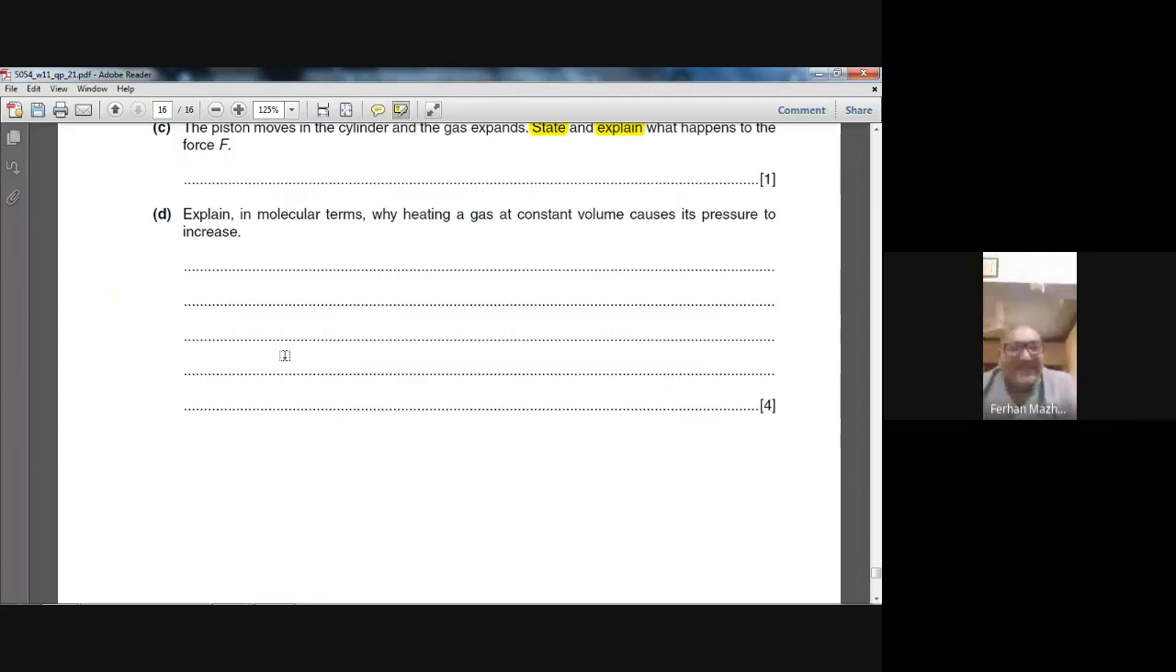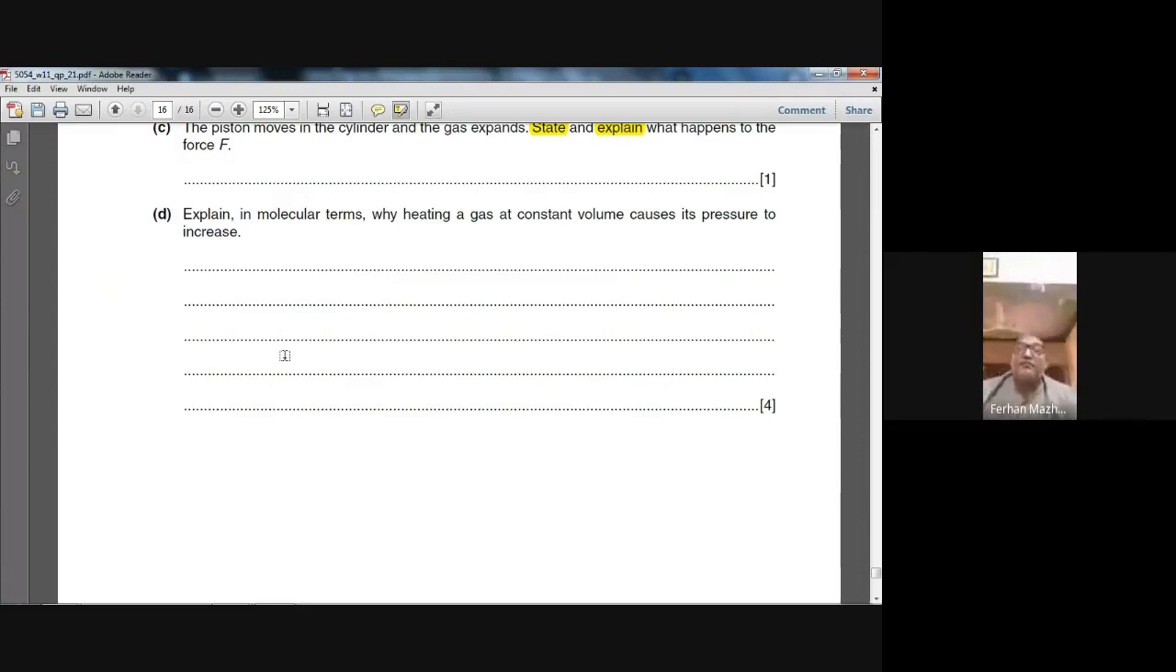Now, why will this happen? When you increase the temperature, the kinetic energy of the gas molecules will increase. They will be moving faster. So they will be moving randomly, and their collision frequency with the walls of the container will